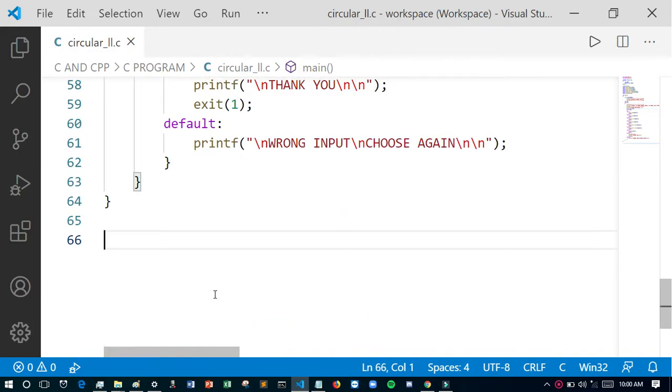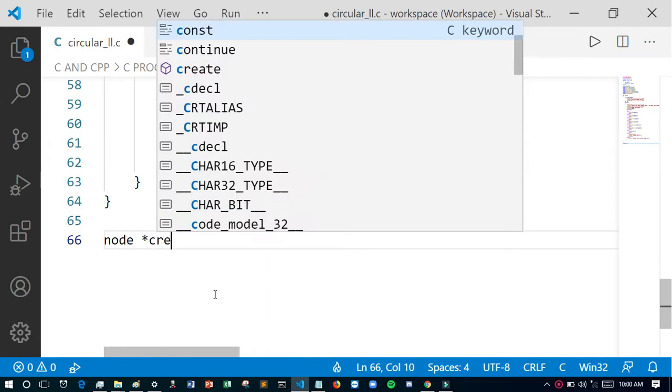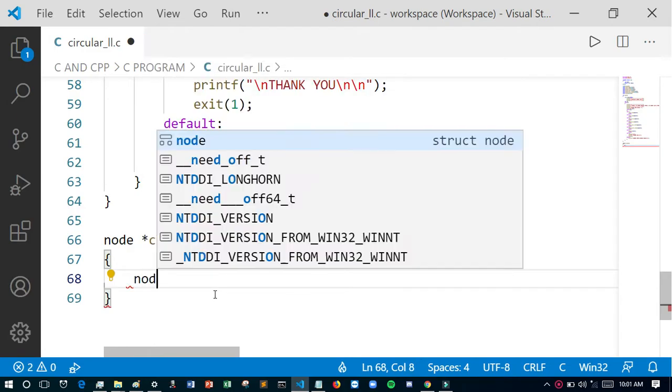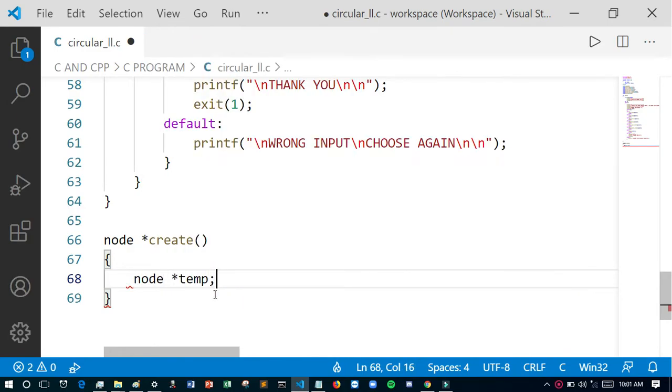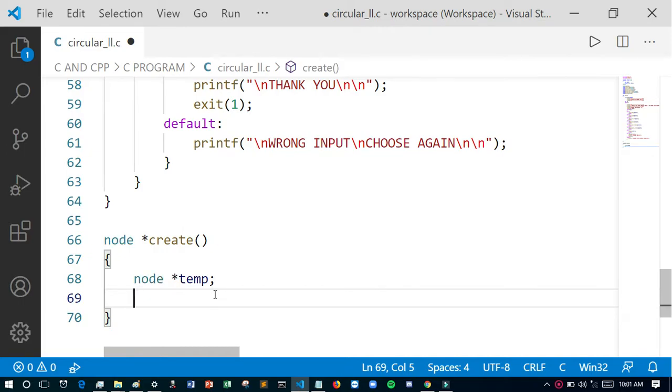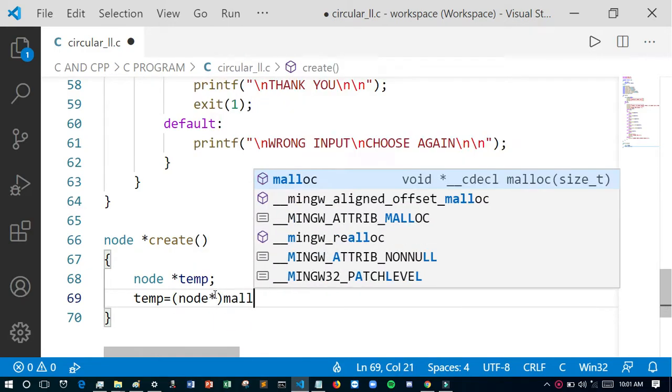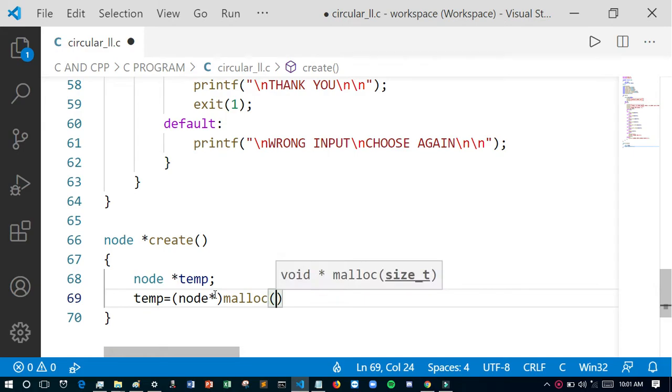Now our task is to create the create node function. I have declared a temp variable, and it will allocate memory, so I have to use malloc, and its size is the node type.